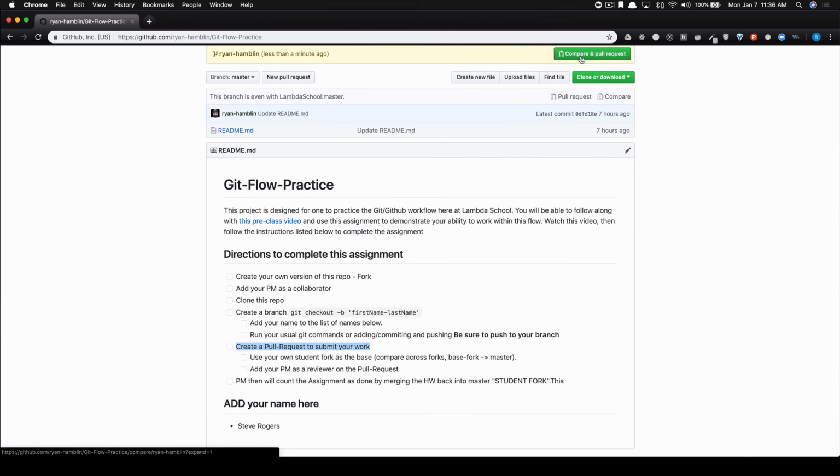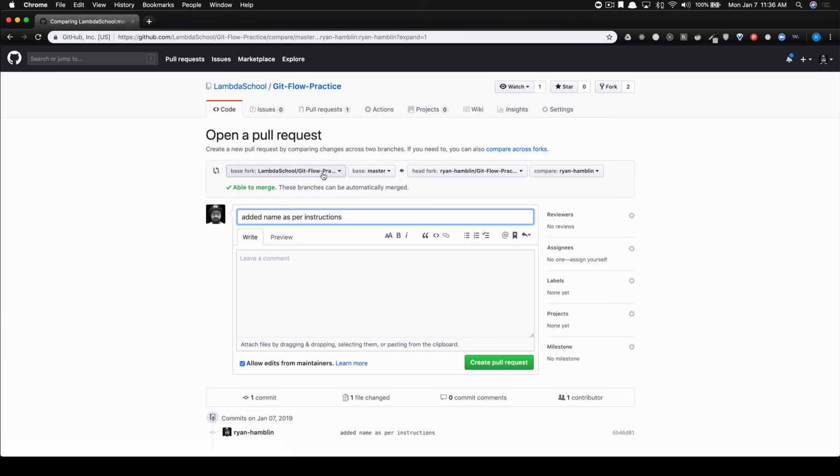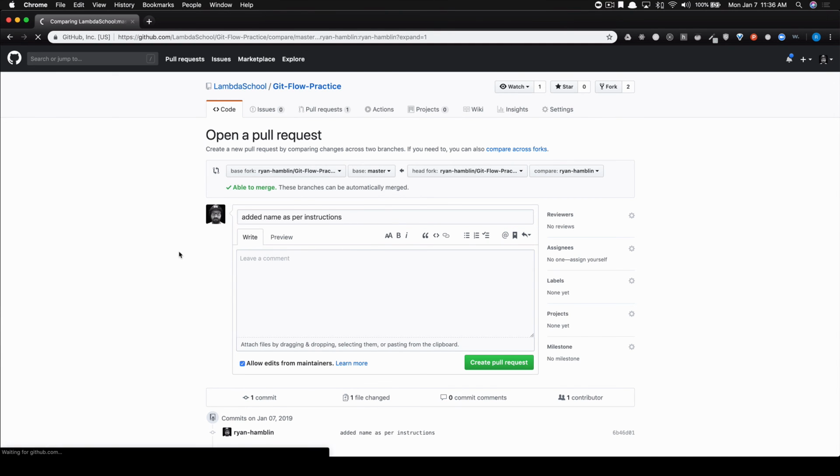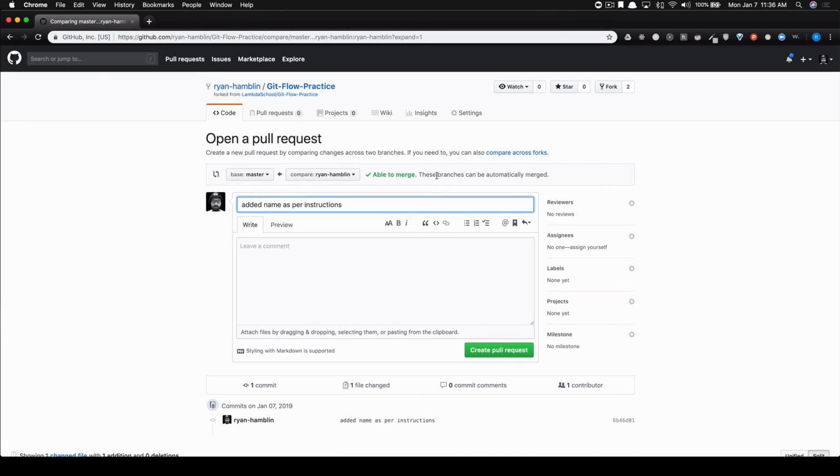So now the coup de grace of everything is we're going to create a pull request and submit our work. So we're going to use our own student fork as the base. Notice that I'm here. I have my base, and I'm able to merge. But first, I'm going to add my trusty PM as a collaborator to the project. So he's a collaborator and a reviewer now. So I can go and I can submit my pull request